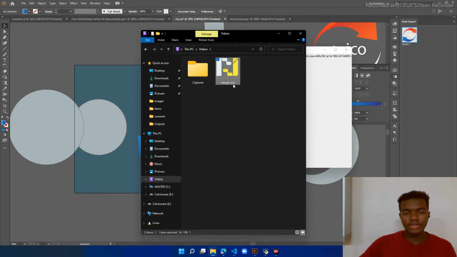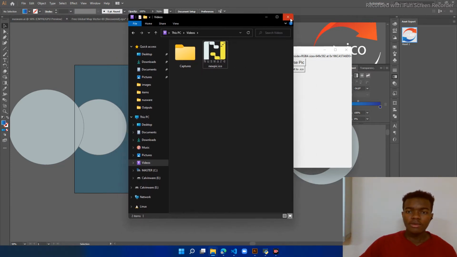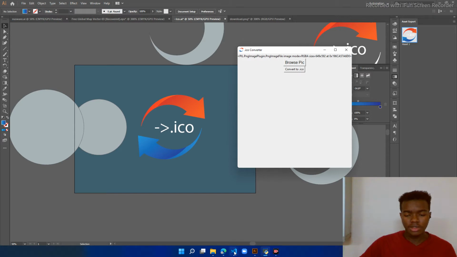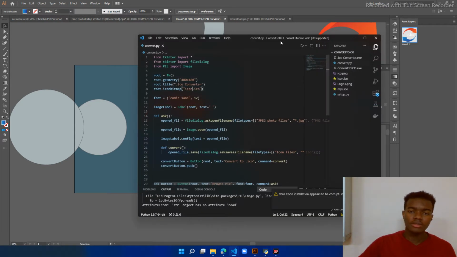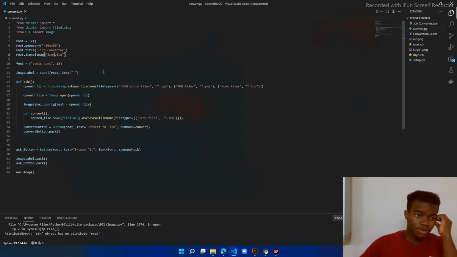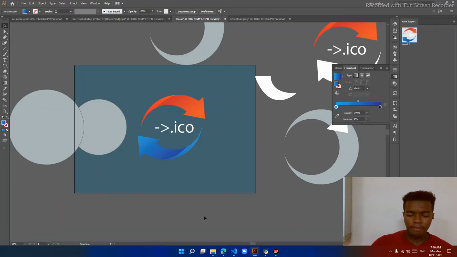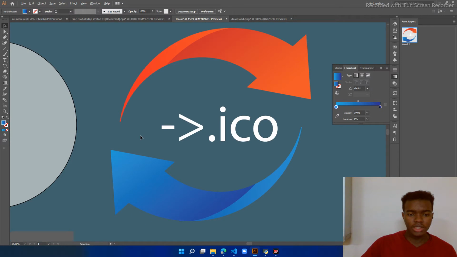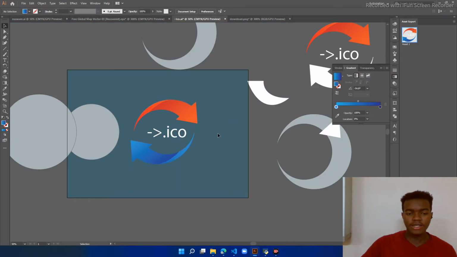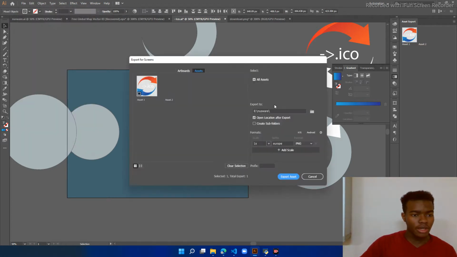Then now let us go to videos, and here, as you see, we have our .ico file, and I'm going to show you how to do that using Python with the PIL library, which is Pillow actually, but it's imported as PIL. So to do that, you'll need a picture first, your PNG or JPEG file. I made mine here using Adobe Illustrator, as you see, and I'm going to use the same as my app's icon. So I exported it to